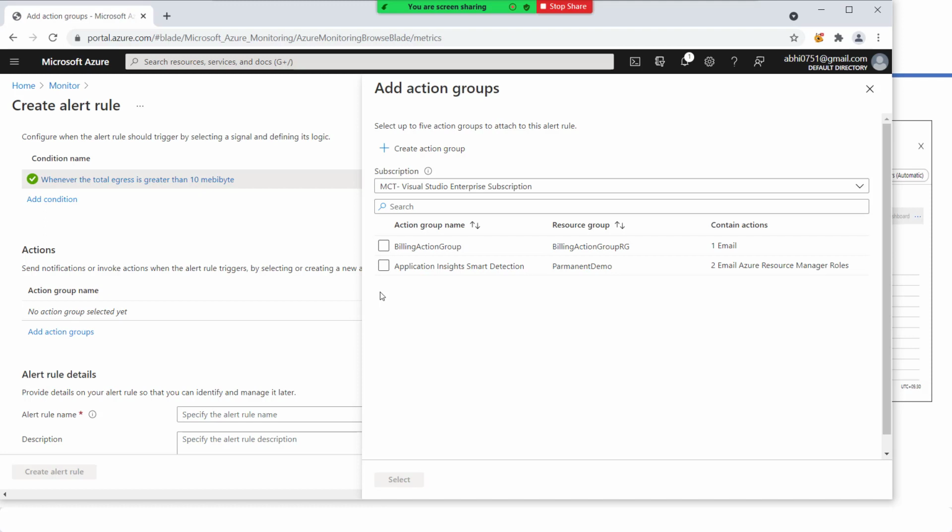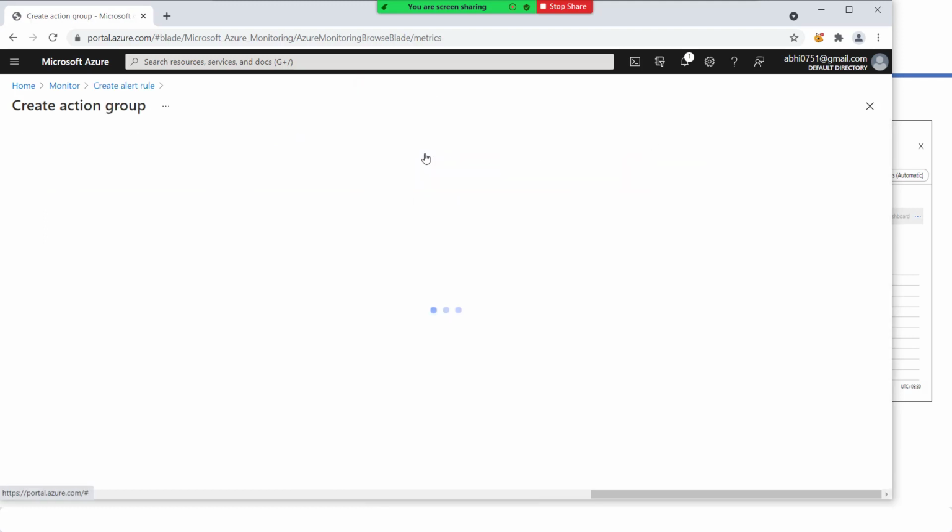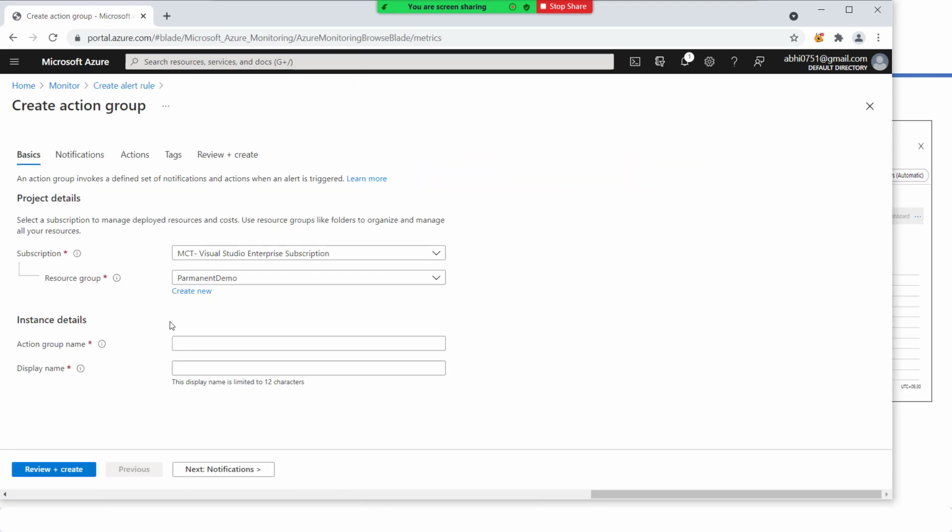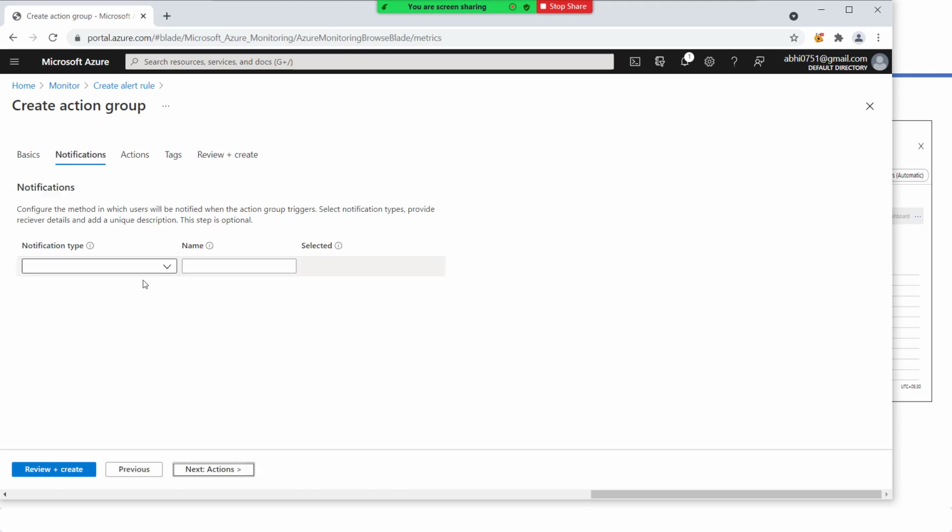Or let me create one for you. In the action group, you need to first create an action group, and then you have to define the notification, what kind of notification you would like to send.